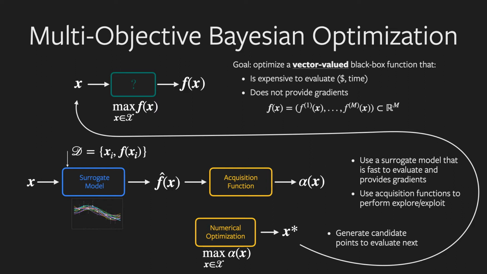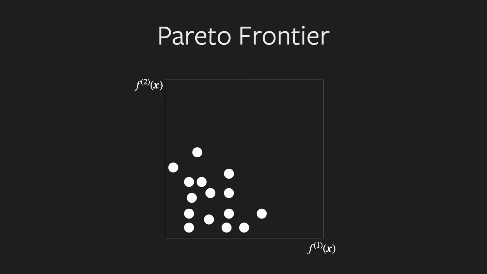While the black box function is expensive to evaluate, the surrogate model is relatively cheap to evaluate and provides gradient information which can be used to efficiently optimize the acquisition function. In multi-objective optimization, there typically is no single best solution. Rather, the goal is to identify the Pareto Frontier of optimal trade-offs between the objectives, such that improving any objective